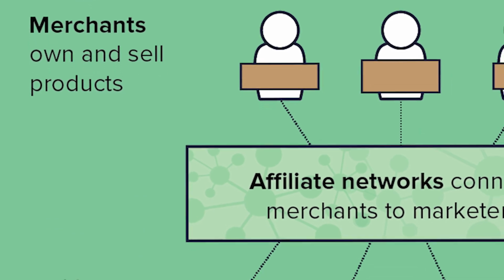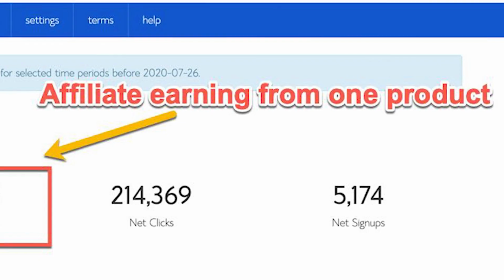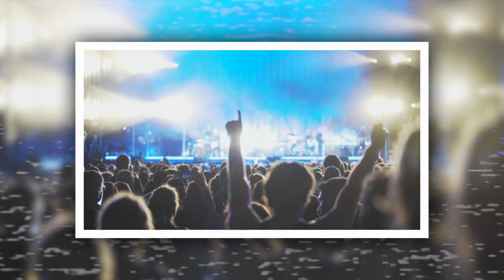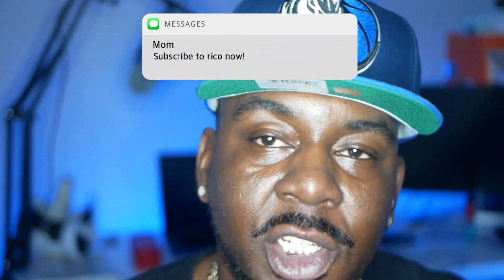You have a product, and then you have the maker of that product willing to pay people that are bringing them sales a percentage of the sale, and people make a living doing that. Now, while typically people with bigger audiences will excel in this because it is a numbers game as far as how many people click your link, there is a strategy that I've seen where people make thousands doing this same thing. So let's jump right on the computer.